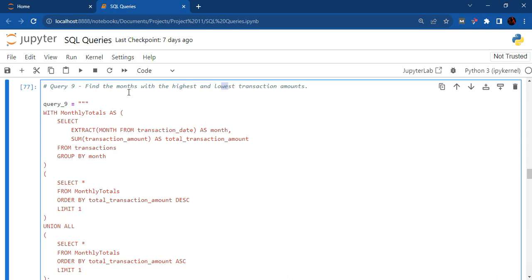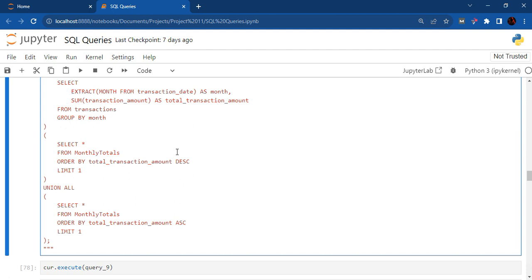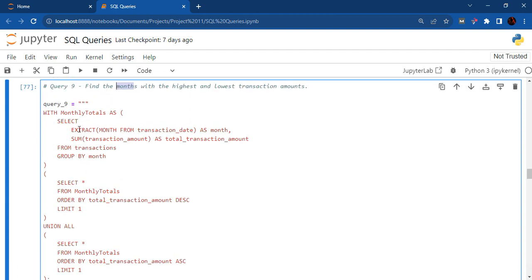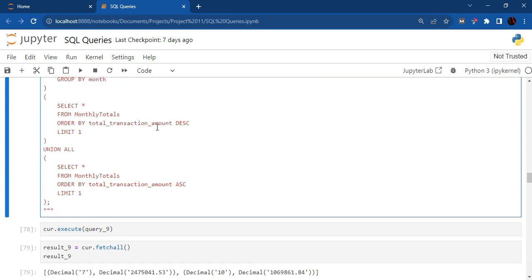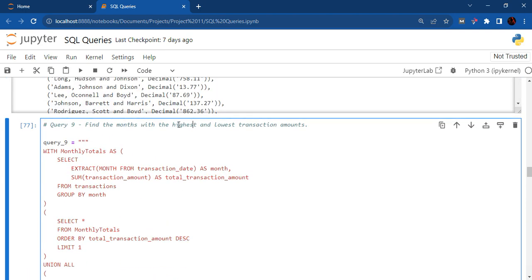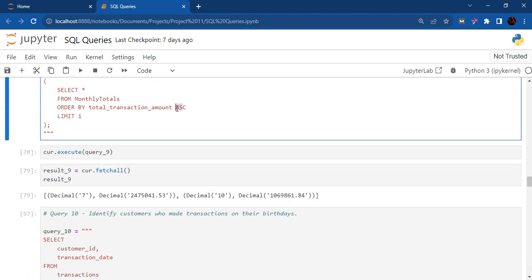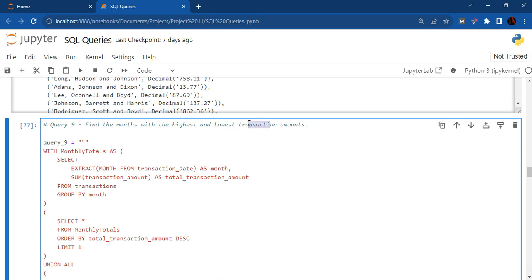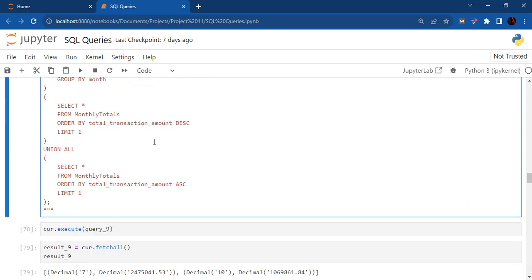We're going to get the months with the largest and the lowest transaction amount. That's why I was selecting everything, because everything implies that we're selecting the month and the transaction amount. Now this descending order implies the highest transaction amount, and the ascending order is for the lowest. So let's run that,